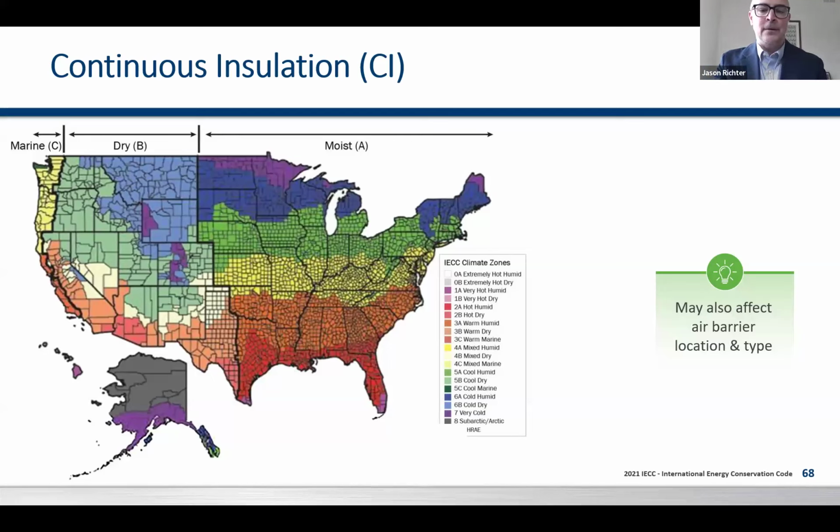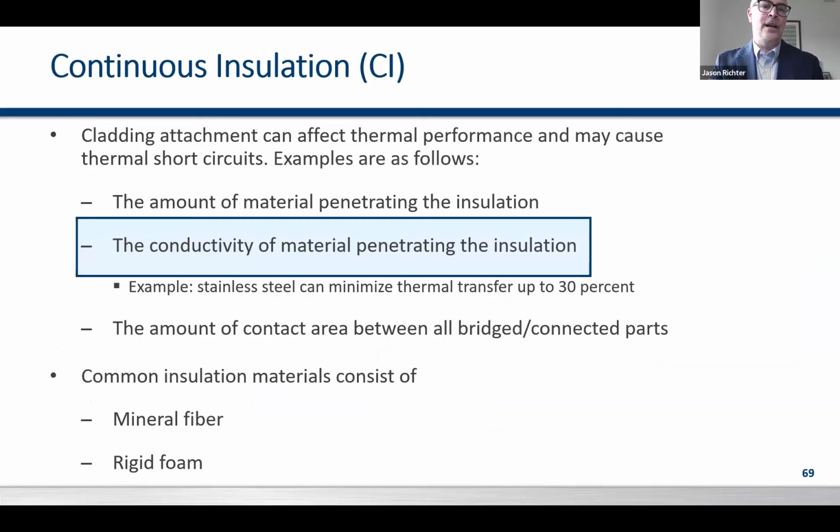One being very hot and humid, and then 8 being that subarctic, Arctic area up in Alaska. But then we have the marine, mostly hugging the West Coast. Then you have the dry, the mountains and the Western Plains. And then you have the moist, essentially from the central US all the way to the East Coast. So where you are kind of informs some of how you have to handle your CI and specifically how you